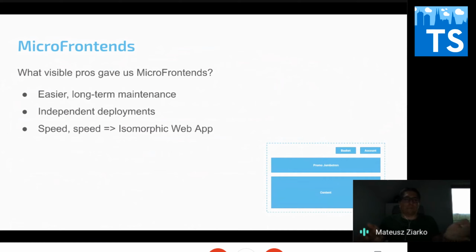So if, let's say, the marketing team is going to fail with a deployment, it doesn't mean that our application is not going to be accessible. It will be, but there will be just a problem with a Jumbotron. So some kind of a placeholder has to be displayed, as we are focusing on the speed of isomorphic